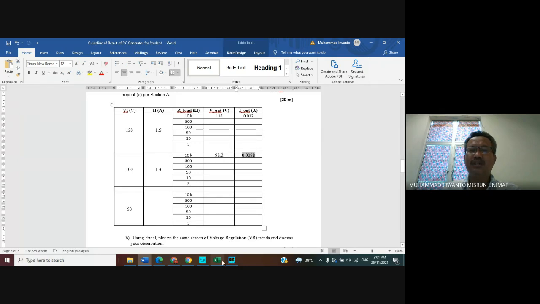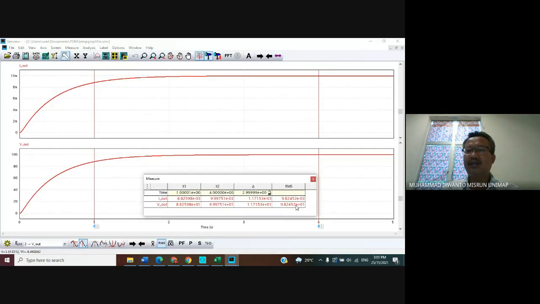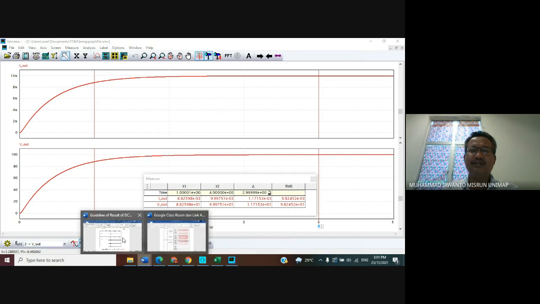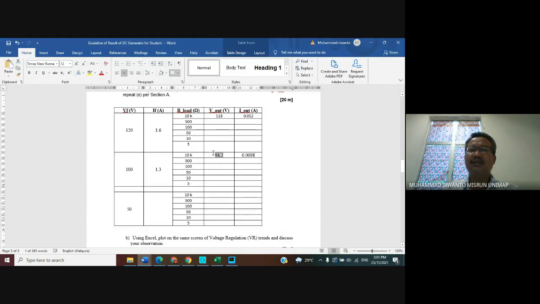And then for the voltage, it is multiplied by 10 to the power 1, or 98.2. You can write 98.2 here. And then do the same way for changing the value of R load to 500, 150, 10, 5. We obtain it like this.